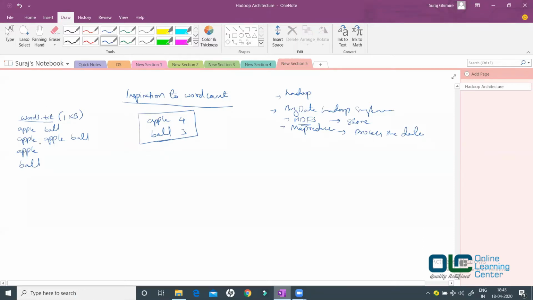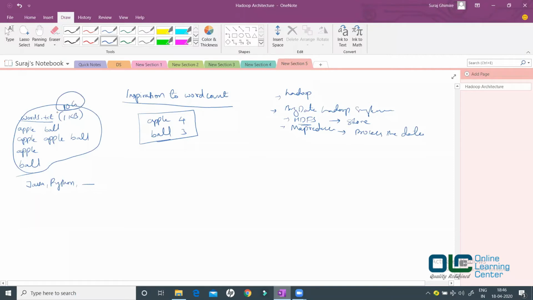Now see, if you have just a small file, 1 KB, 10 KB, 1 MB, 10 MB, or 1 GB, you can definitely write a Java program or a Python program or any other program to find out the word count. But the problem is, what if this file is of, let's say, 10 gigs?